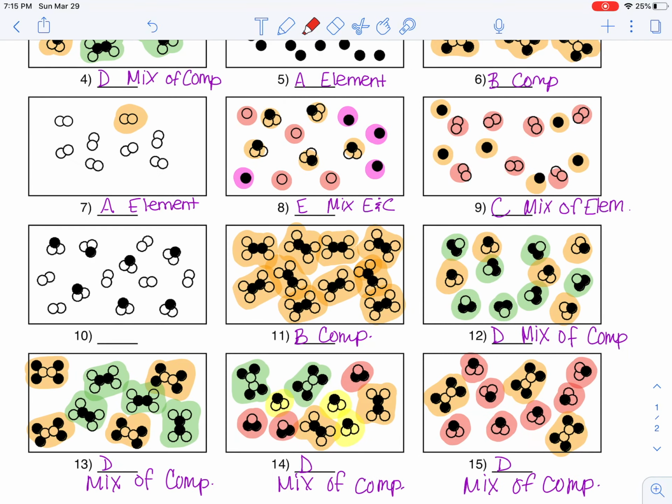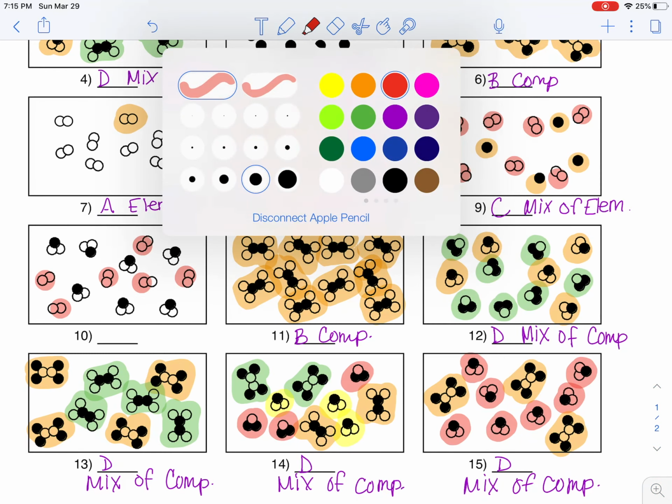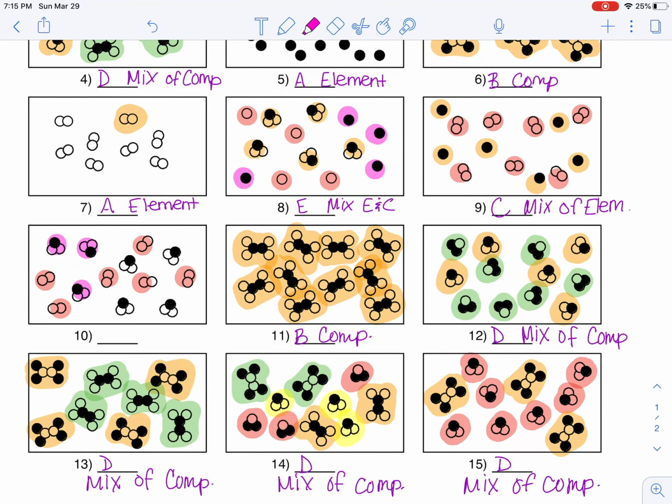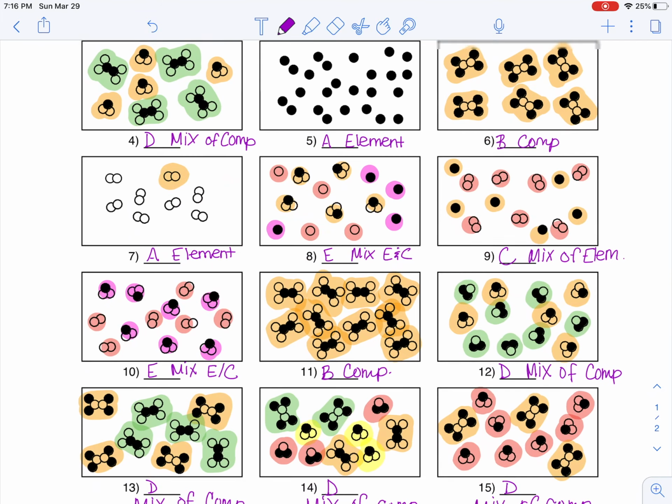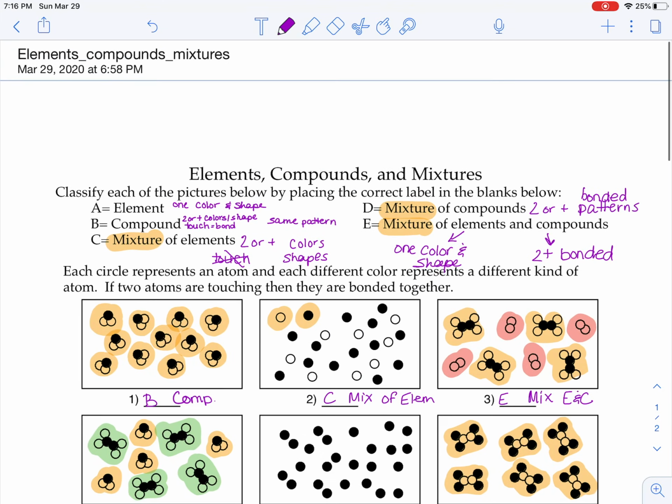All right, number 10 is our last one. Let's just double check this. I have 2 pairs that are the same, so those are elements. And I have these little triplets that have 2 different elements in them, so those are compounds. So this is a mixture of elements and compounds. All right, there we go. I hope that helped to make